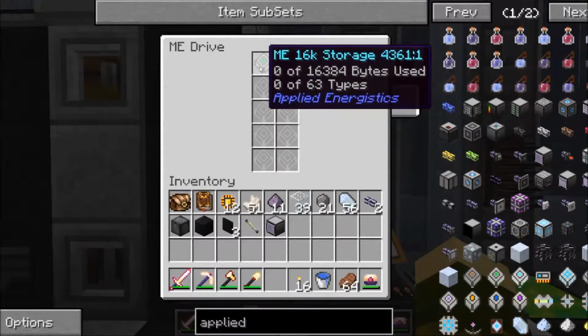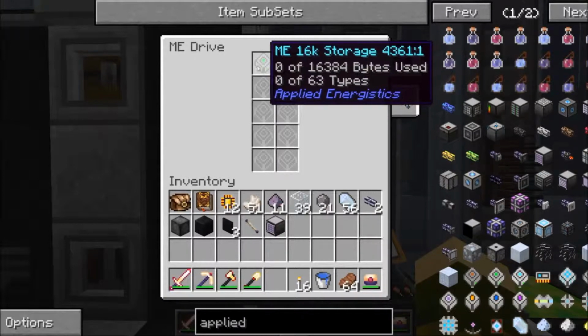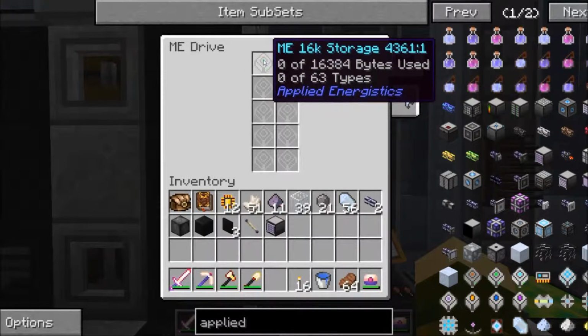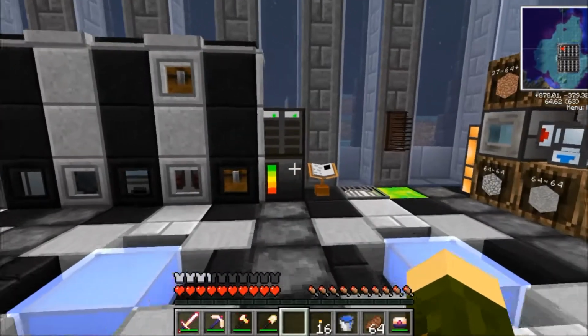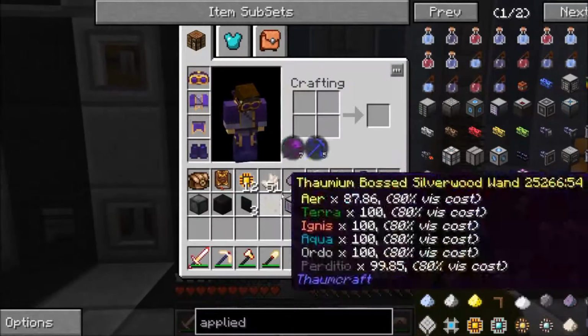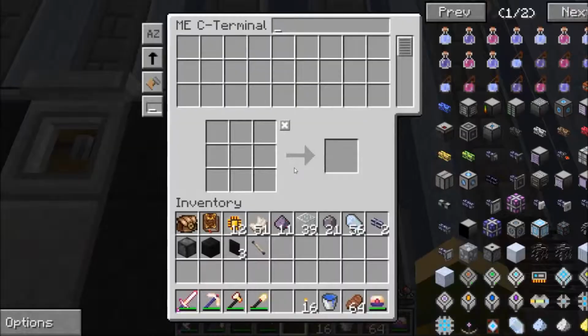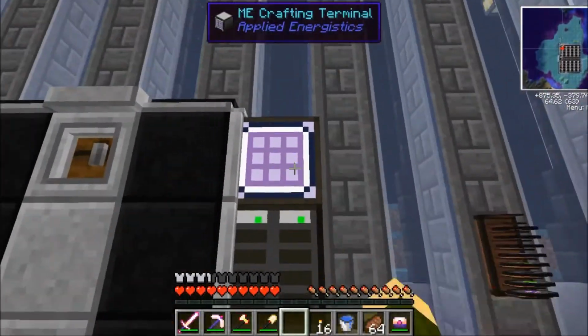see it says 0 of 16,384 bytes used and 0 of 63 types. So each storage unit can hold 63 types of items, but it can hold more than a stack of each. So it limits what kinds of things you can hold, I guess, but it doesn't limit quantities, which is pretty cool. So now all I think we have to do is hook you up, and we should be good to go. So yeah, this is just going to be a temporary location for it, but I believe